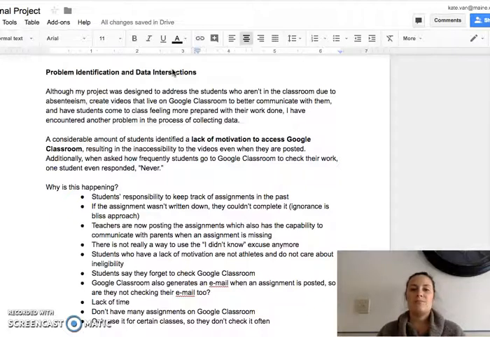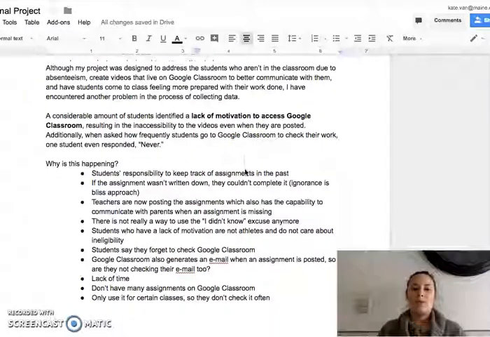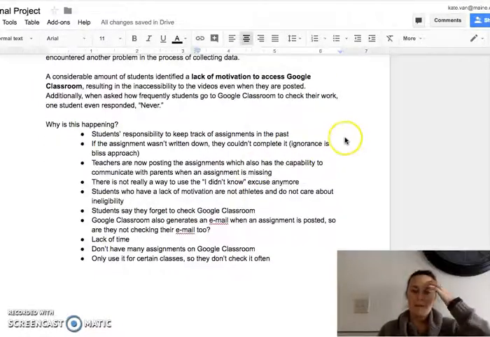And then students would have the opportunity that even if they missed class, they were coming back to class the next time with their work done. They didn't need to physically meet with me, and that would be a successful step in their habits of work and preparation for learning than it has been in the past. And one of the pieces, while I was in the process of collecting data,